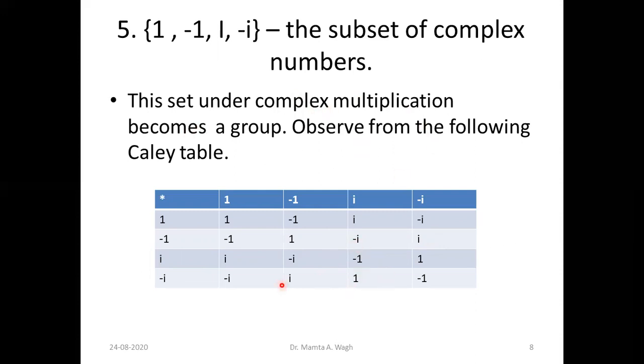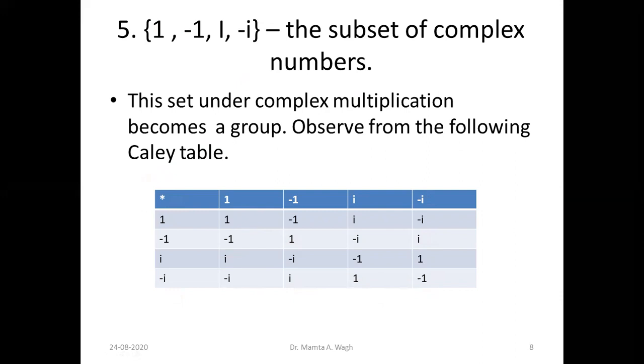So we are doing this. Now, iota into minus iota will be 1. Similarly here, minus iota into 1 is minus iota. Minus iota into minus 1 is iota. Minus iota into iota is 1. And finally, minus iota into minus iota will be minus 1. From this table, you can see that all these elements are coming from this set only. We are not going out of the set. That means this operation star is closed. Basically this set is closed under this operation, so the closure property is satisfied.